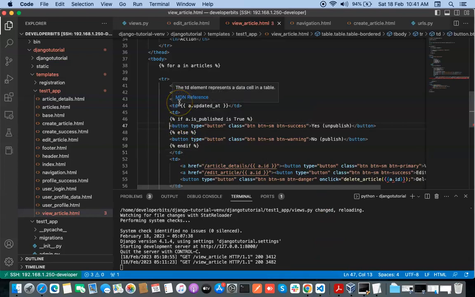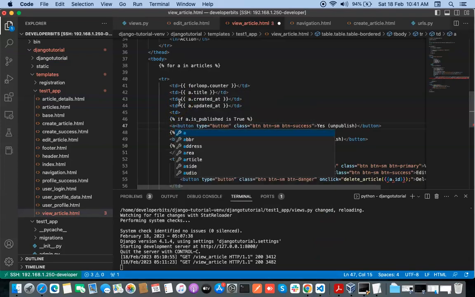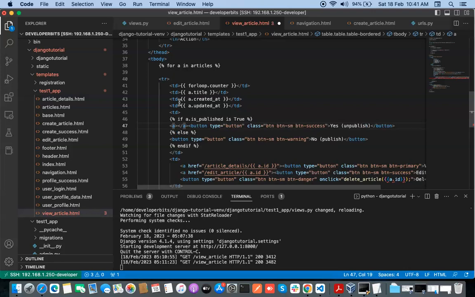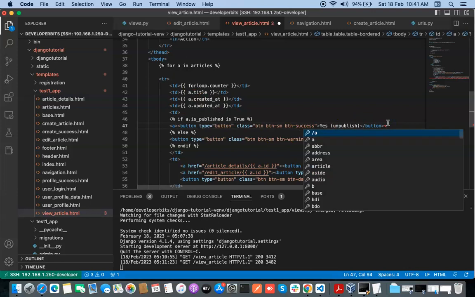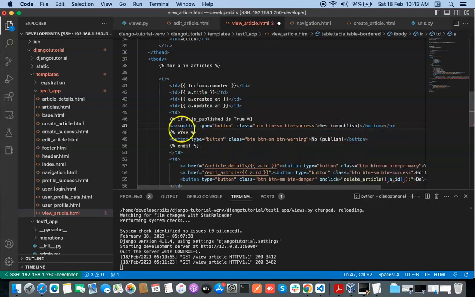Let us pass a URL here. I shall be passing a URL here, which I have already created. Just type here href and pass the URL of the view function which we have already created. So the name of our view function is